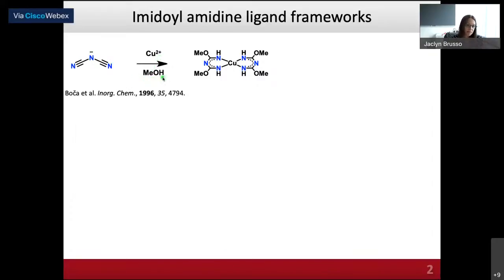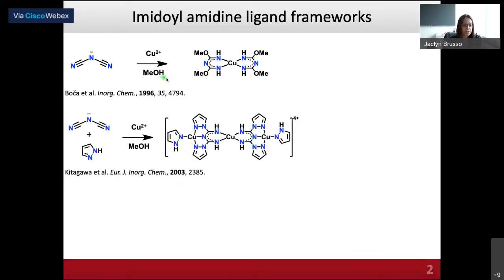Then, inspired by this work, a few years later, in 2003, Kitagawa isolated the first bis-pyrazyl imidoyl amidine ligand in this trinuclear copper complex, using the same synthetic methodology, just including pyrazyl in the reaction